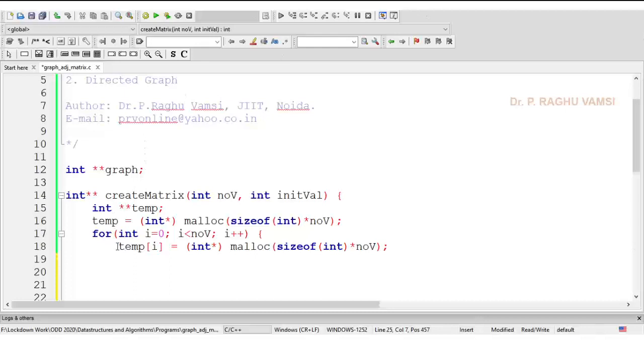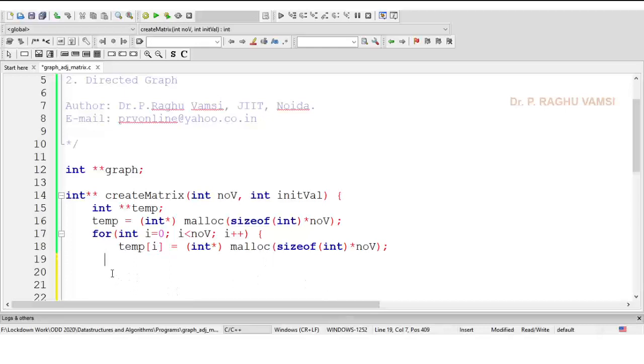So we have allocated the number of vertices size of rows. For every row, we need to generate that many columns. To do this, we need to iterate through every row and allocate memory of that size.